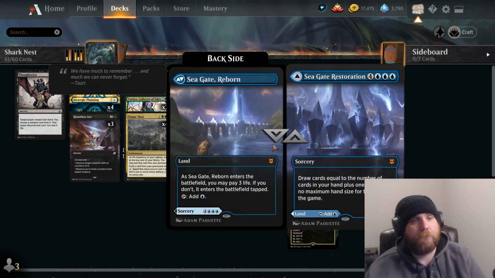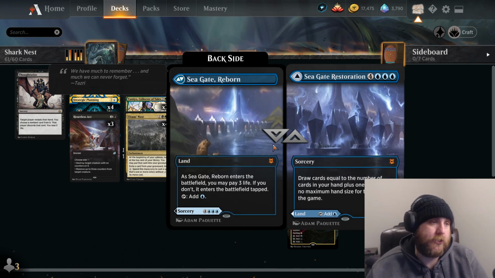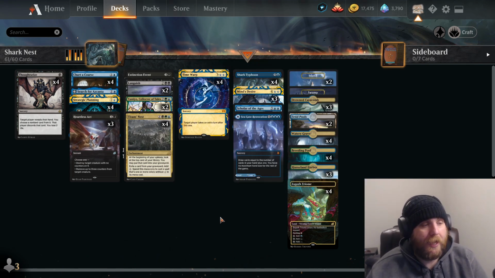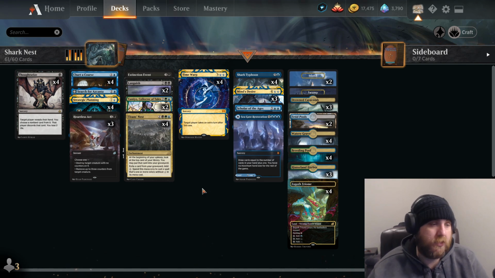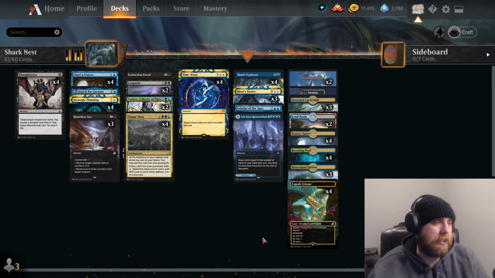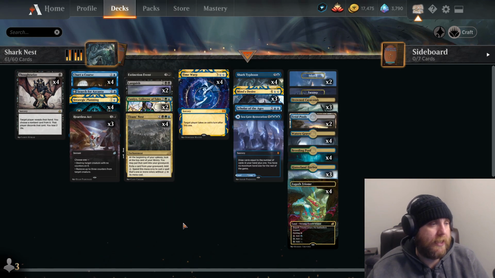This is probably just going to be cast as a land most games, but if we need to, it's going to draw us a bunch of cards and really just allow us to get the cards we want, to cast more spells, and it's really going to be great. So to top this off, we are playing 23 lands because Seagate Restoration does count as a land. So 23 lands, Seagate Restoration is a land,